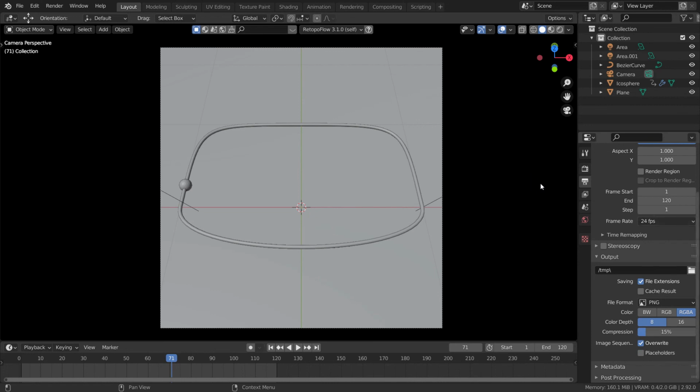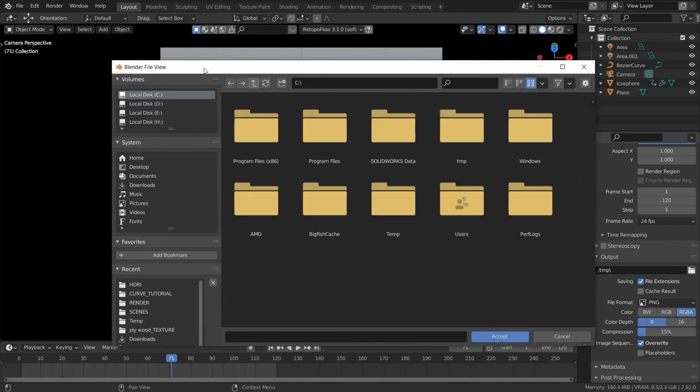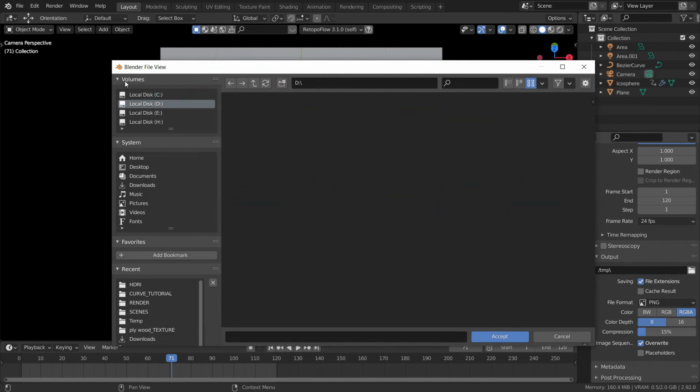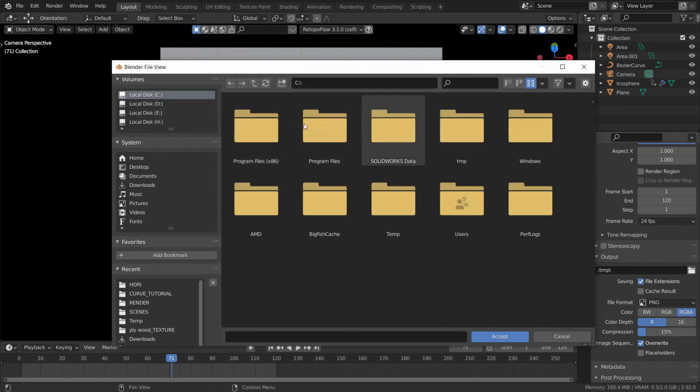But I don't think you should directly render the video, you should actually render the image sequences. I will give a link in the description on how to convert your image sequences into your video. I won't be showing you that, but over here you can choose the output where you want your image sequences to be. So you can just plug your render location over there.